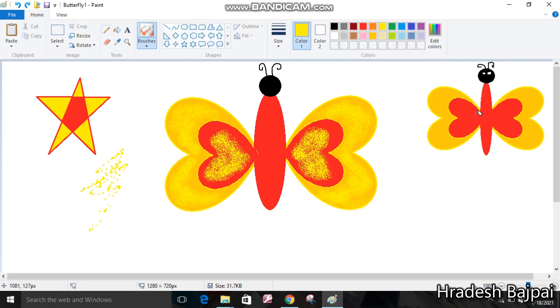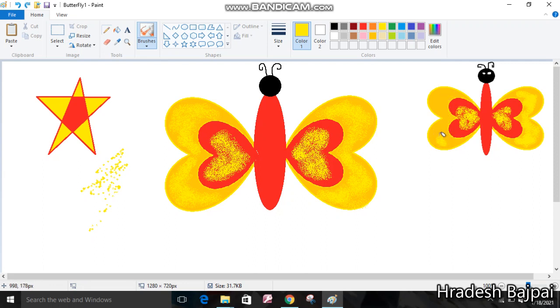That was very dark, so I'm just using the light spray option. This one is better, and here also I am giving the yellow spray. Here also I'm using it, actually it's going out of boundaries, so I'm using it in this way. So this is the use of the airbrush tool, which you can use to make your drawing more attractive. Okay, this is how you can use it.